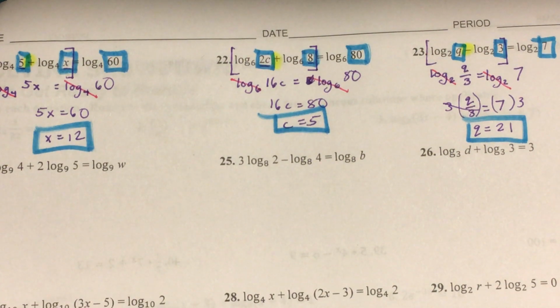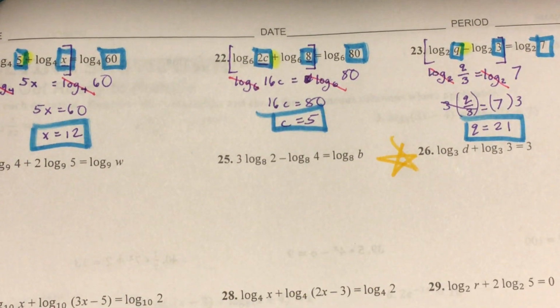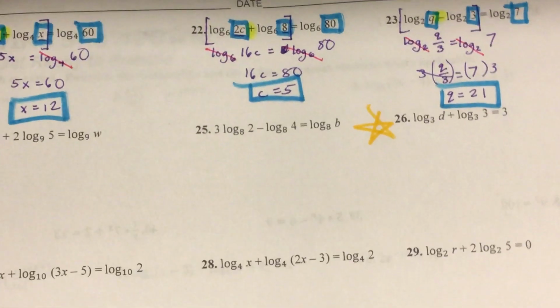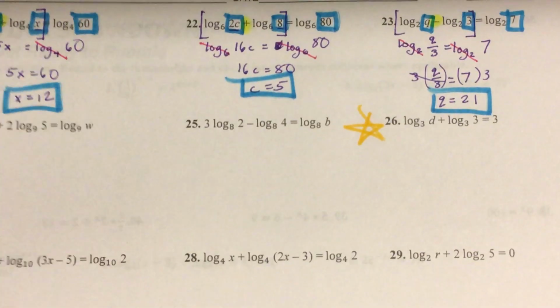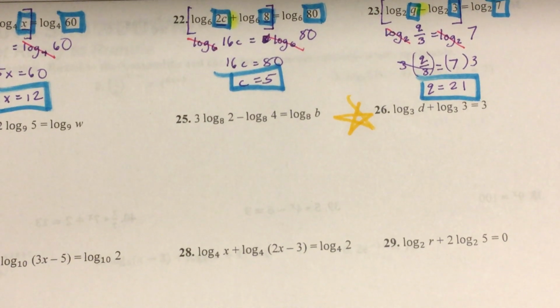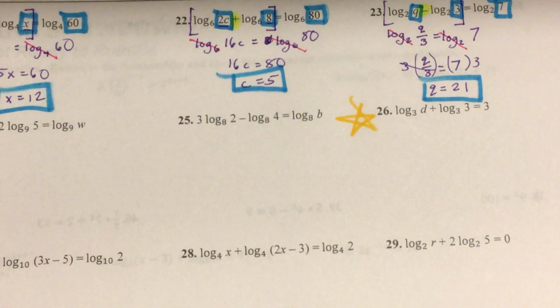And we're going to go ahead and go through number 26 together, and I want you to put a big star by this one. 26 is kind of the bane of the existence of Algebra 2 students. This is consistently one of the most frequently missed problems on our test over logs. So I want you to look very closely, because I am going to begin this problem by making a critical